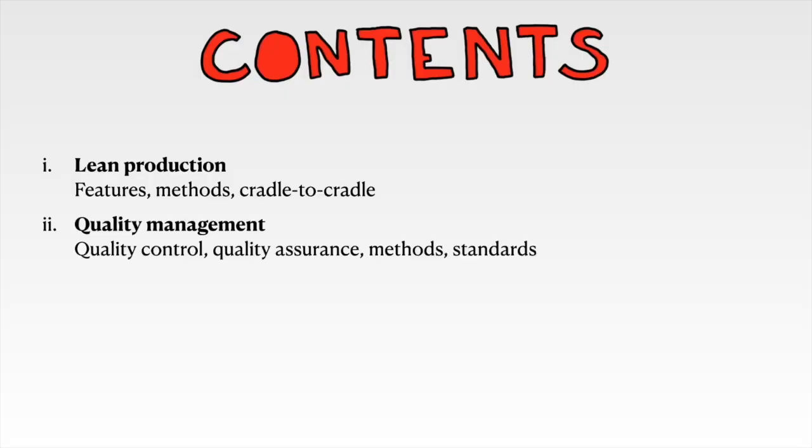There are 3 parts in this class: lean production, quality management, and impact. It is always important to have a look at assessment objectives, but in this class it's particularly important because otherwise it would be hard to follow what I'm saying. There are quite a lot of concepts to learn in this class, and the way I organize the content is